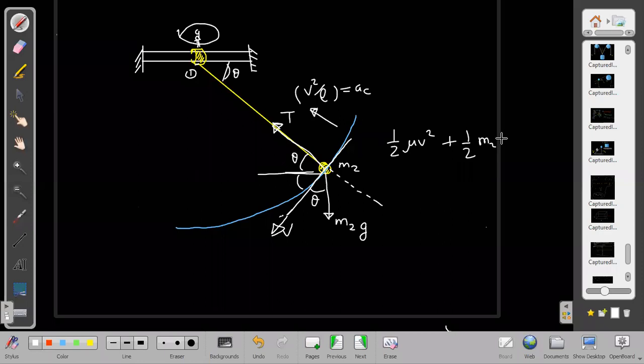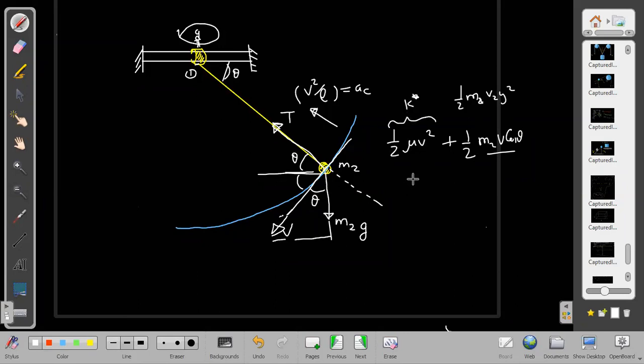Half plus half of M2 into v cos theta in this case. In this case, I have taken theta with vertical, so it is v cos theta. Sir, it was V sin theta, whole square. Vx equals V sin theta. No, we are writing along vertical. This is along vertical. We are writing half of M2 into v2y square. Both horizontal kinetic energies are taken into account by this only.